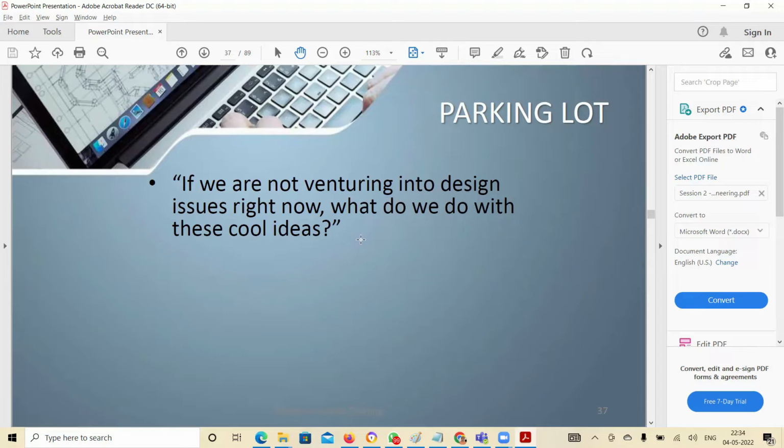If you come across some good discussion which you do not want to lose, because as a BA you're not supposed to write it, you will lose it. So in this case, you create a separate header called parking lot. You put an appendix or create a parking lot, and there you put that information.